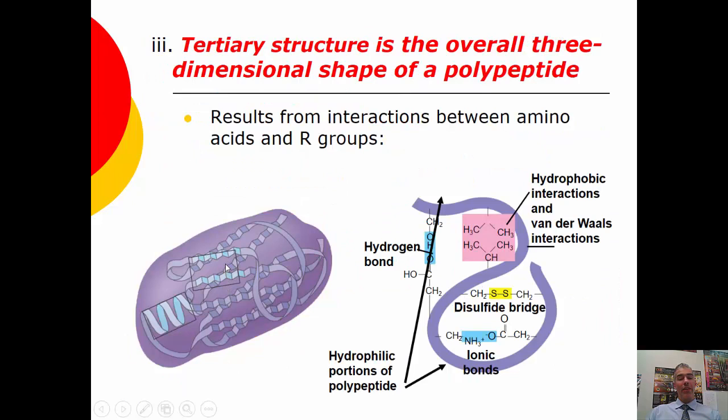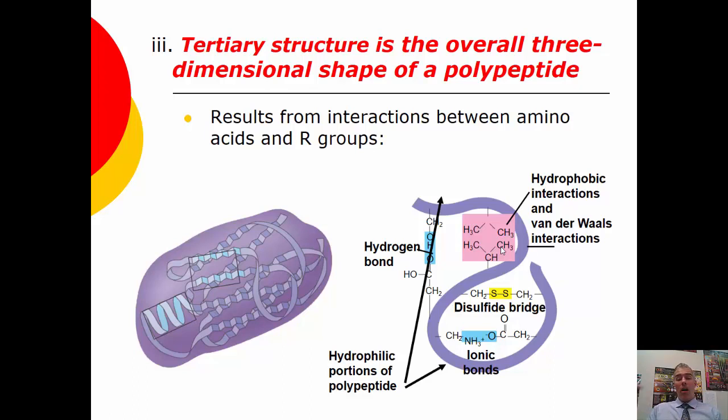It's how we put together all of the alpha helices and beta sheets in a single polypeptide together. Now, this folding is due to interactions between R groups. So you can see here, these are both hydrophobic amino acids. They are going to want to be oriented on the inside of the protein because they want to avoid the watery environment on the outside. The more ionic and polar ones will probably want to bind more towards the outside, or the ionic, the negatively charged ones will connect to the positively charged ones because opposites attract.